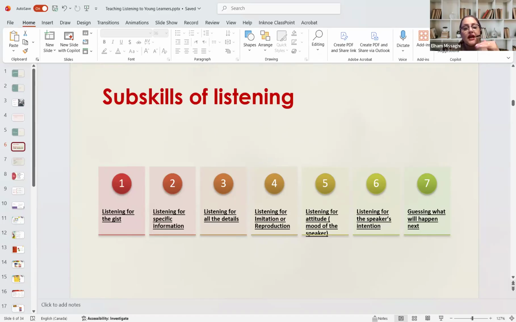Then depends on the level of the students and the difficulty of the listening, you need to pre-teach the keywords. If you think there are some keywords or main words that the students may not know, definitely you have to teach them in the pre-teaching phase. So you introduce the vocabulary and to help them to concentrate, you can give them some comprehension questions, or some activity that helps them to concentrate.